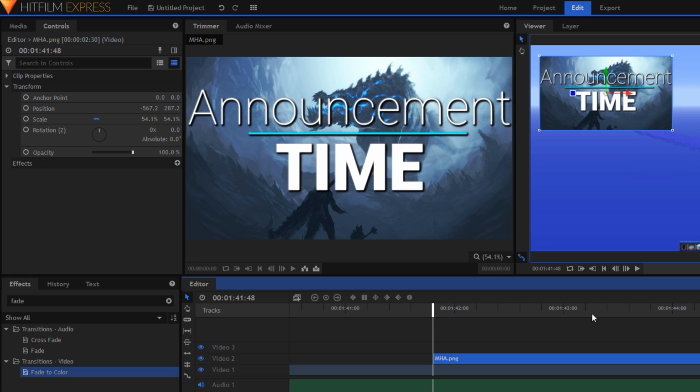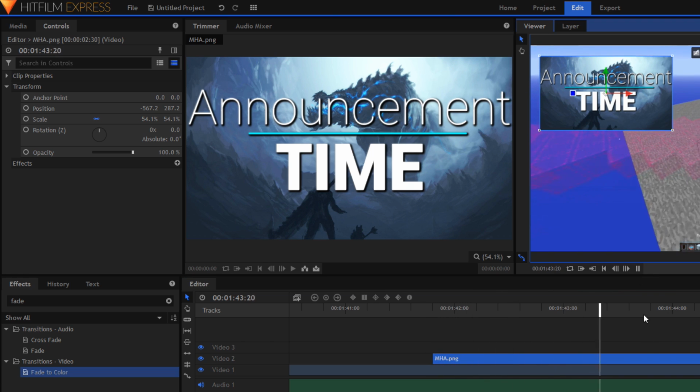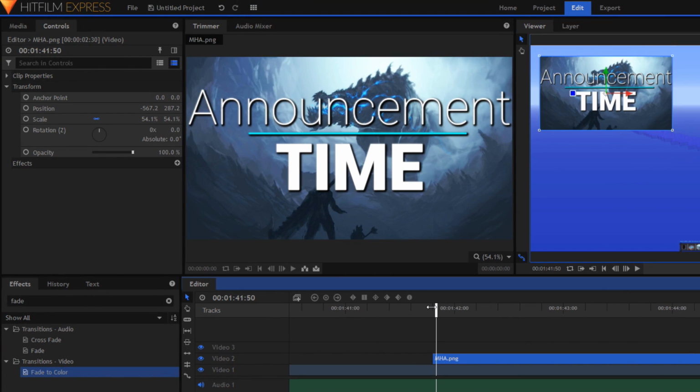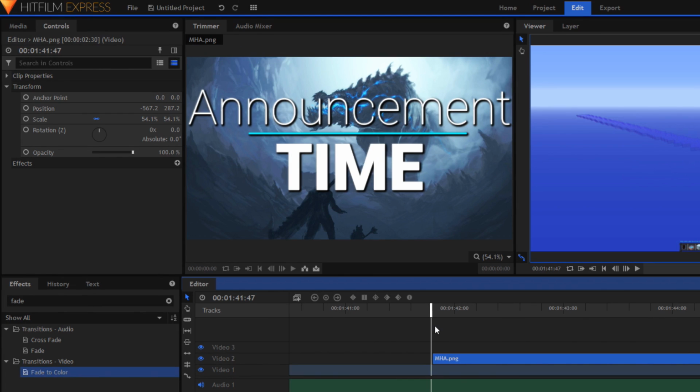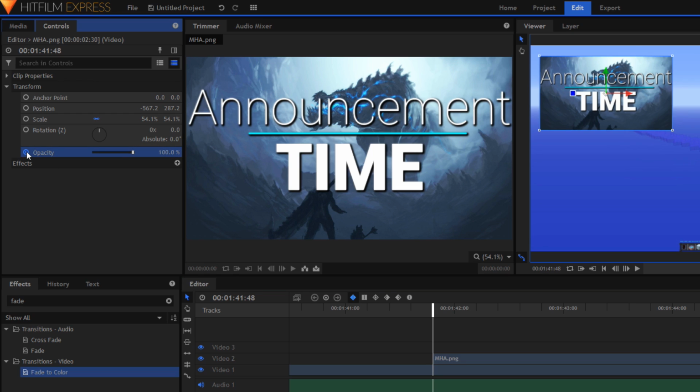We can see this clip or this image is on screen for what looks like about 2 seconds. But there's a cooldown on the rod, so maybe like 4 seconds? Something like that. It's not very long at all. So we're going to start from the beginning. Make sure that this image is selected. We're going to start from the very beginning, and we're going to go over to this opacity thing and click the button right there. And that means that it has set a keyframe at the very beginning